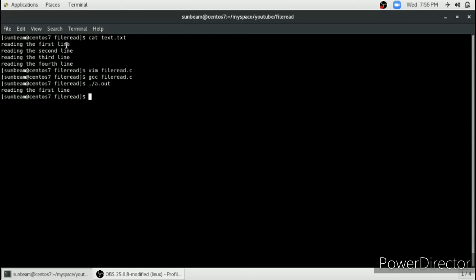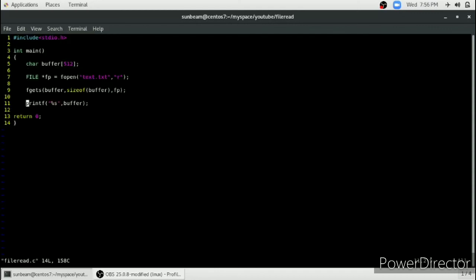To read the whole file you just have to run this fgets function in a loop. For that we'll write a while loop here. Whenever fgets fails, it returns the null value.